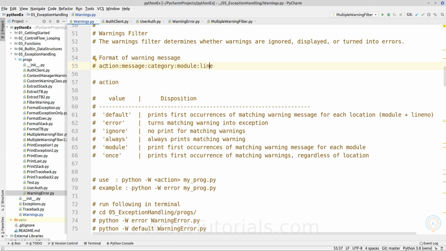We can provide a single parameter also. If we want to specify only the action, we can ignore the rest. And if we want to skip parameters in between, we can progress to the next by providing only a colon.